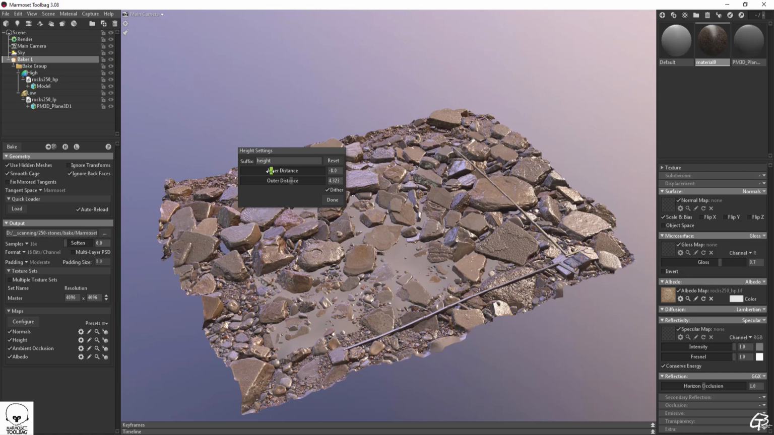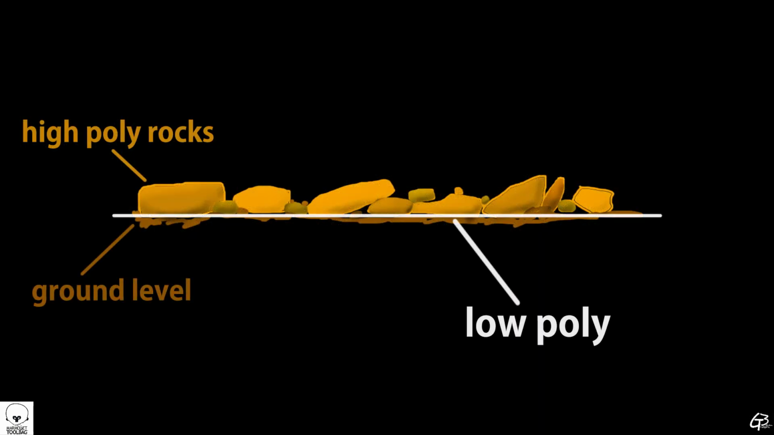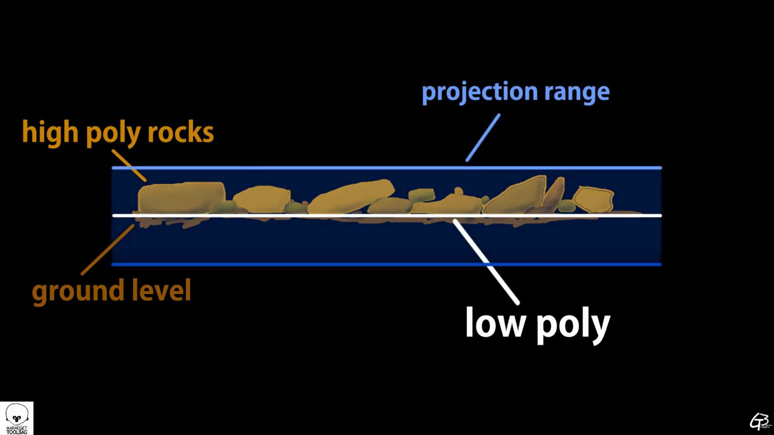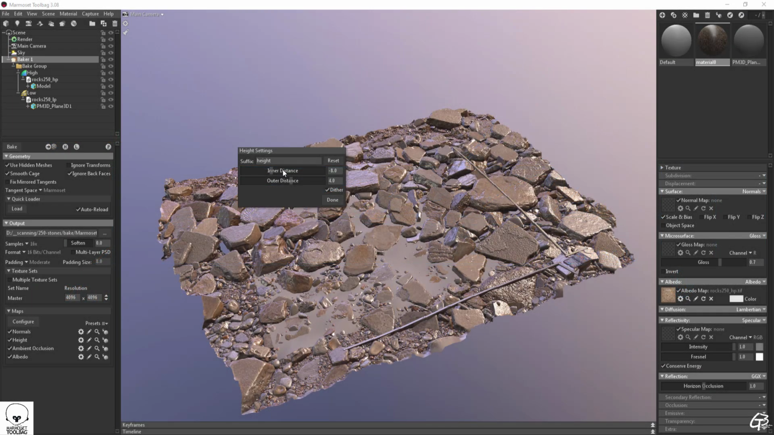Since we want our low poly plane to be considered as ground level, and everything brighter to be considered convex while darker as concave, it has to be represented by 0.5 in float or 128 in RGB. To make it happen, the inner and outer distance values have to be exactly the same, so we need to mirror them. If they are too short, we might get the data clamped, while if too narrow, we won't utilize